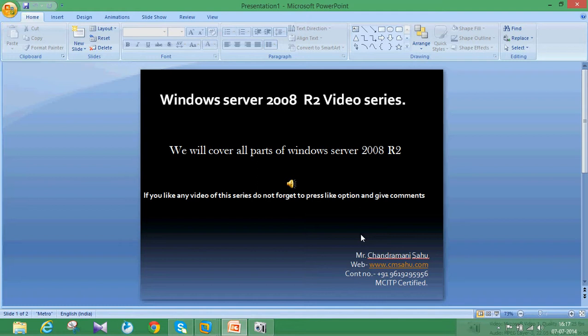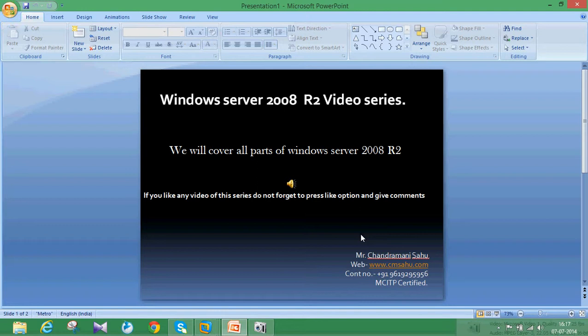Before we configure this feature, I just wanted to tell you something which is very important to understand the basic things of backup. In Windows 2008 we have the backup feature, but earlier in Windows Server 2003 there was the ntbackup command.